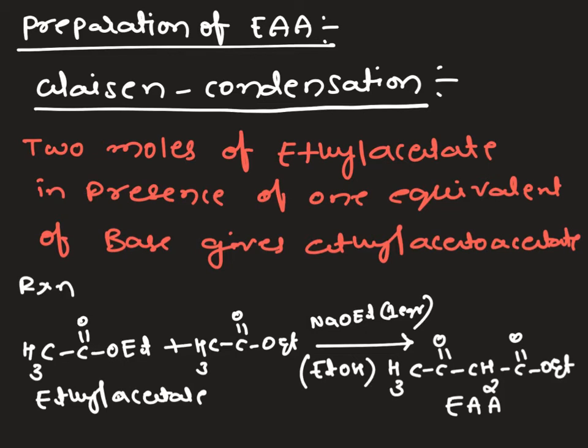If you look at the possible mechanism of Claisen condensation, in the ethyl acetate we have an acidic hydrogen, so the base will abstract the proton from the ethyl acetate, which will form a carbanion, that is nothing but an enolate. The next step is that the formed enolate involves in nucleophilic acyl substitution, we get an addition intermediate followed by elimination of the leaving group, and we get ethyl acetoacetate. So I am writing a step by step mechanism here.